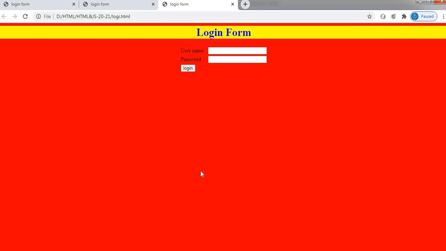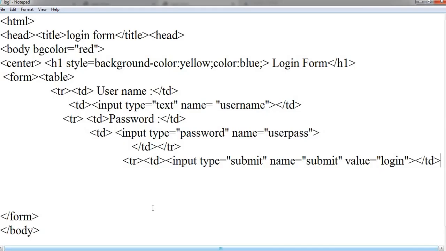suppose we want to add more options like female and male with radio buttons. So more inputs we can add with this form. So we are going to add those again in the same fashion, that is gender, and the input type button.